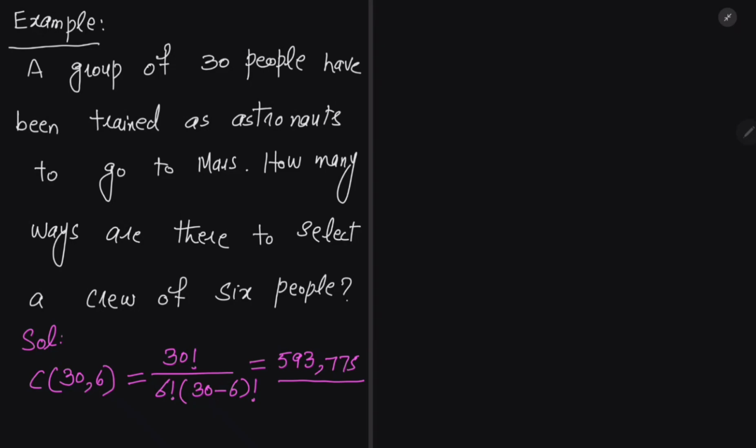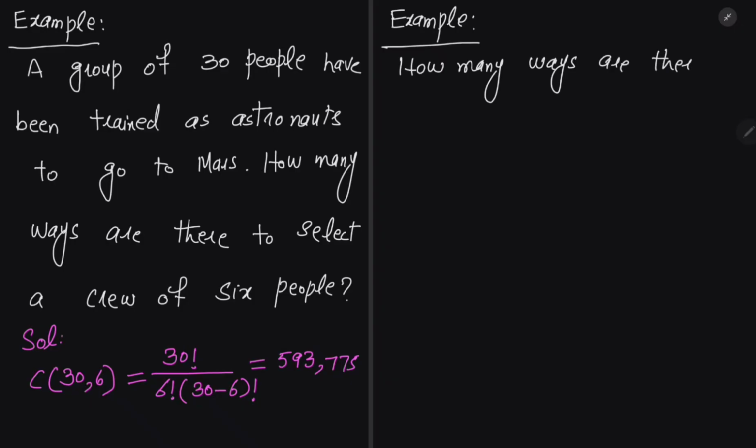Okay, one other question. We want to solve as many examples so that we understand the concept. Example: the question is, how many ways are there to select a committee